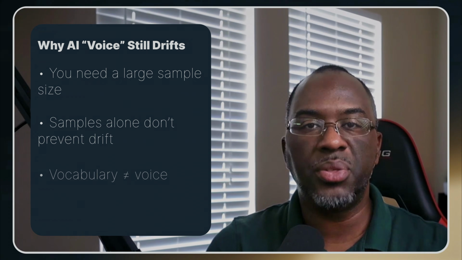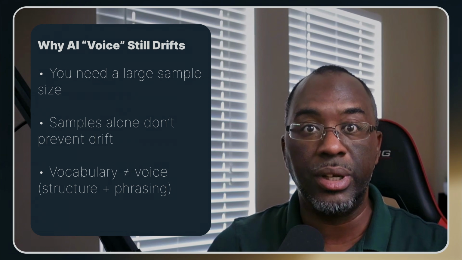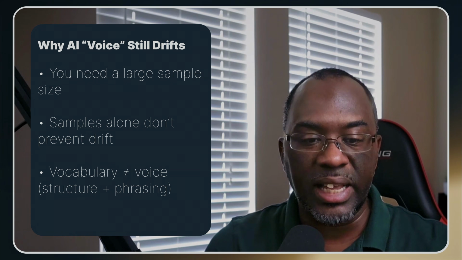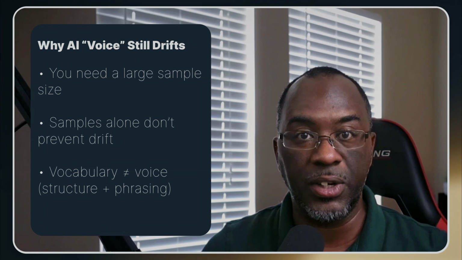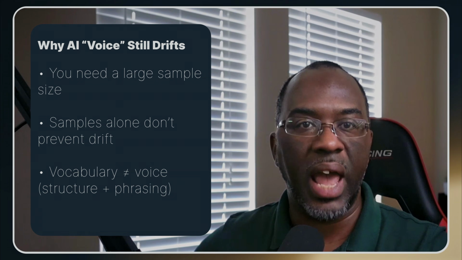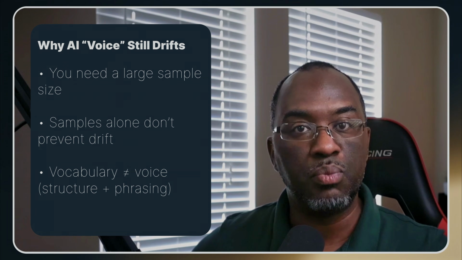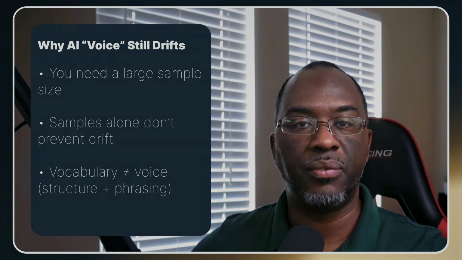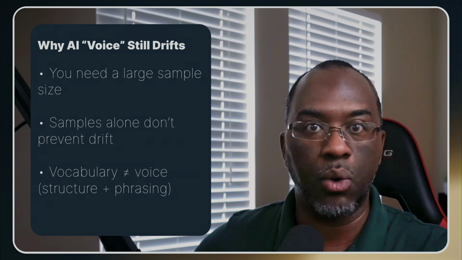Now, of course, one thing you're always going to need if you want to write content with AI that sounds human, that sounds like you, or that sounds like any particular person, is a sample size large enough for the AI to actually learn from or be trained on. But most people stop right there because they think, if I give the AI enough samples, then it'll be able to learn my voice. And while that might be the case, how do you keep the AI from drifting away from writing in your voice or hallucinating about something you might or might not say?